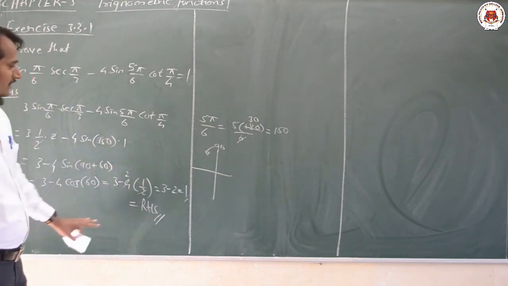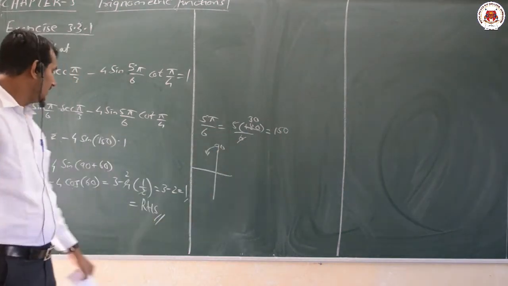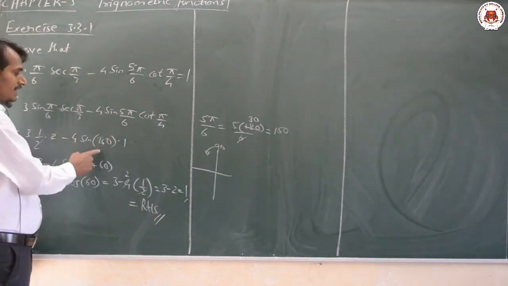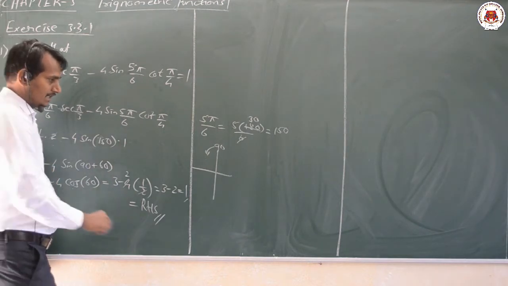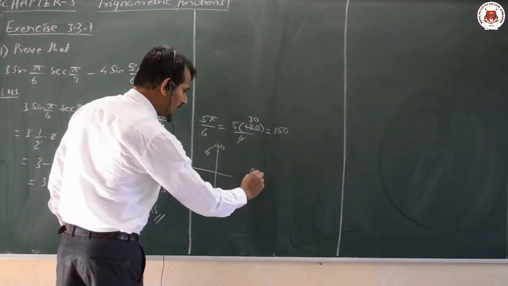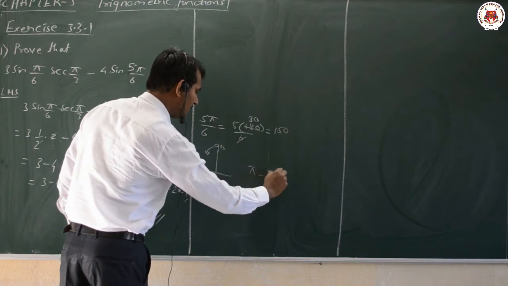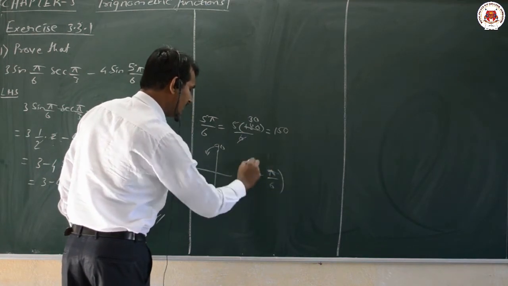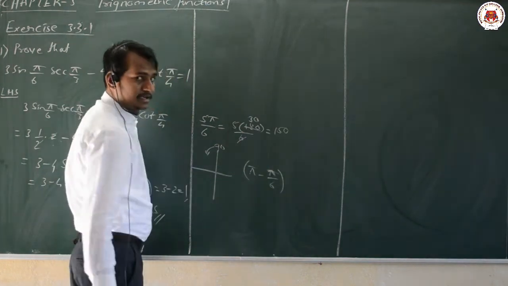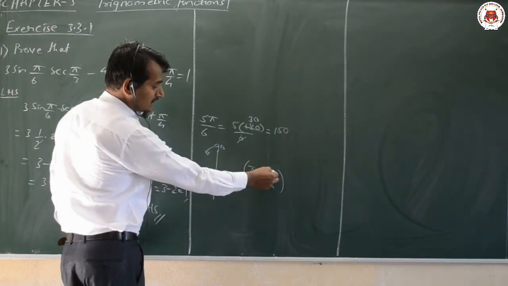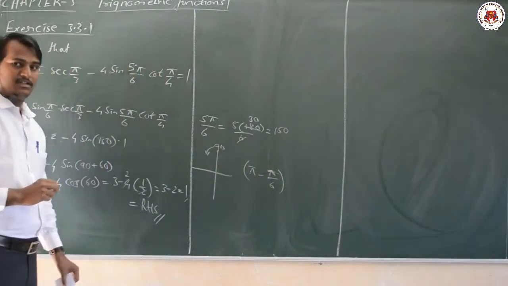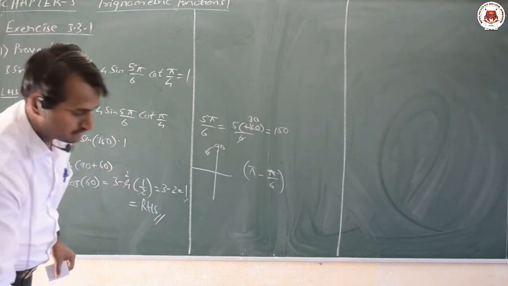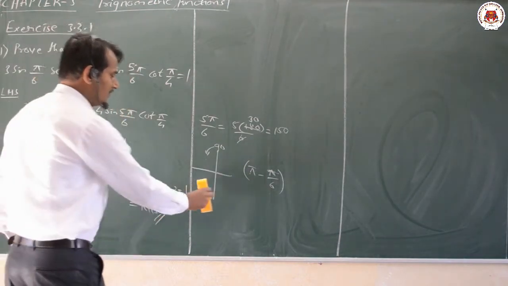Just I require here the basics of it. Here we can observe that you can solve it directly also. How can we solve directly? If you want pi minus pi by 6, I can write 6 pi minus pi, that is 5 pi by 6 we are getting. You will get it in terms of mixed fractions. That way you can solve it.